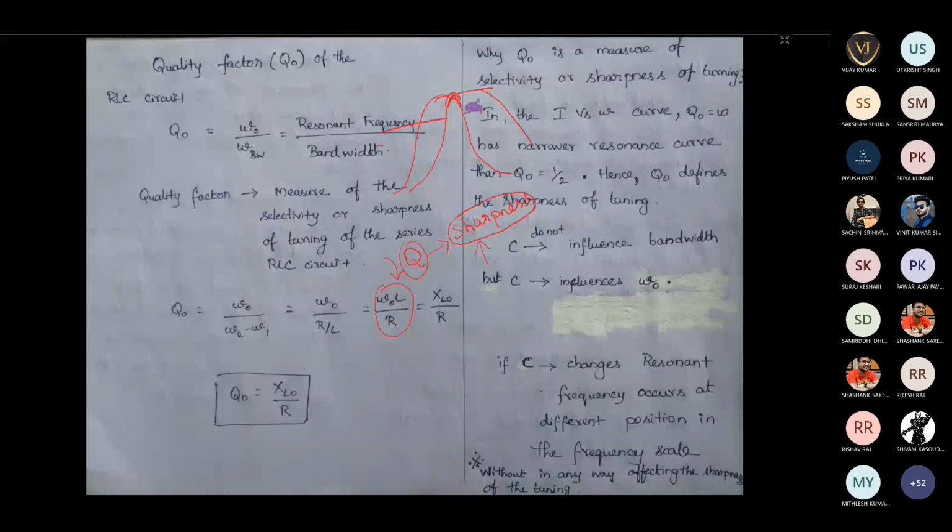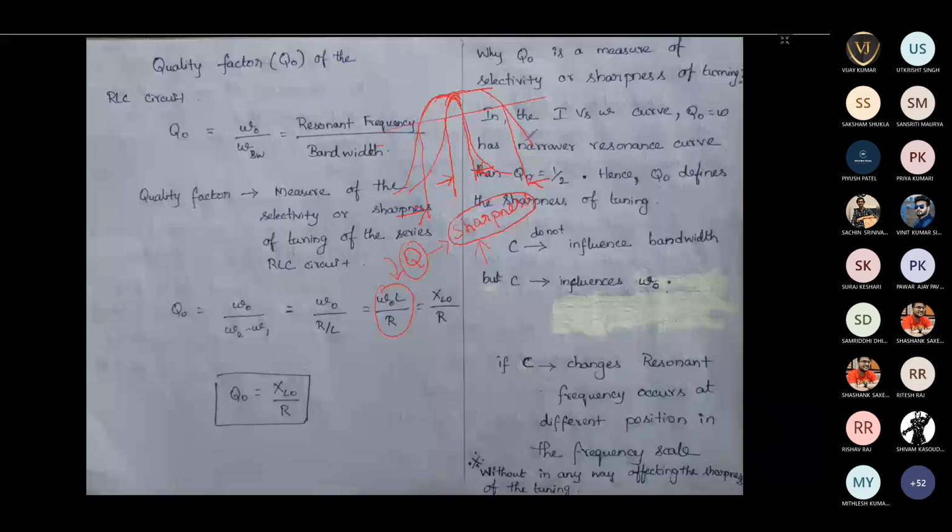Sharpness means within this range only you will get the maximum strength. But for this second signal, you will get maximum strength in this bandwidth. If you allocate more bandwidth for one particular signal, then it will become very difficult to allot bandwidth for other signals. Bandwidth means a range of frequency. Within that range of frequency, each signal will have higher strength.